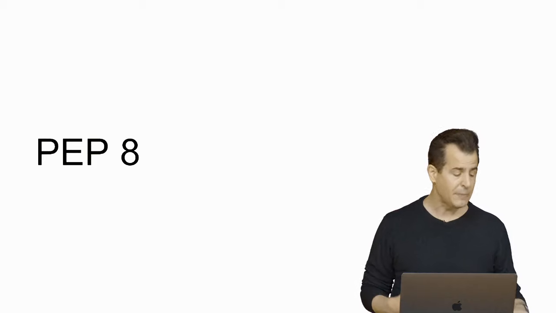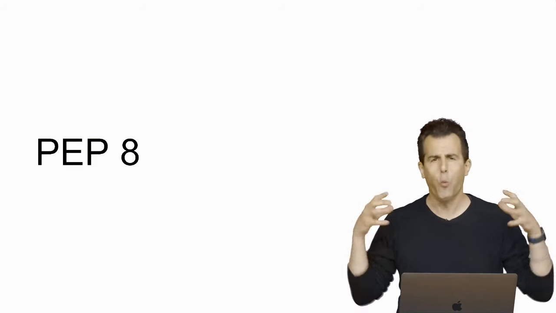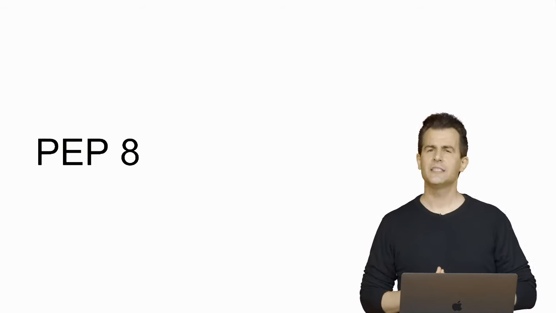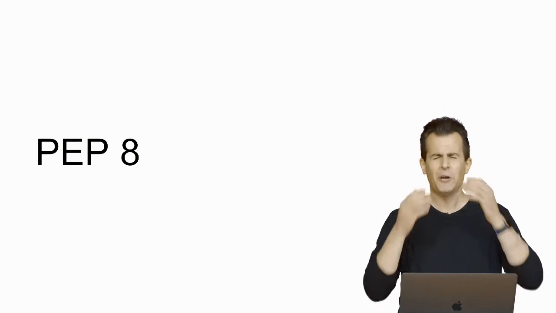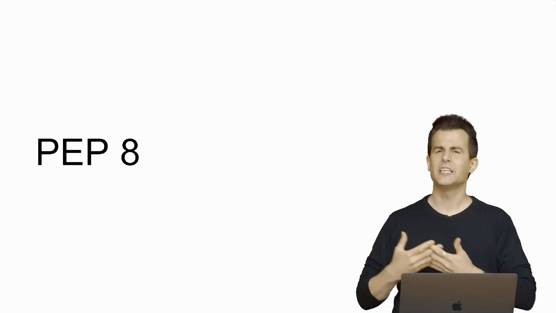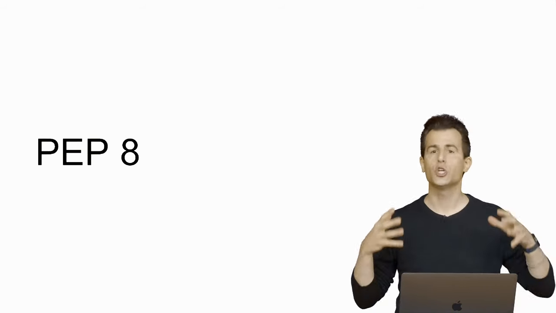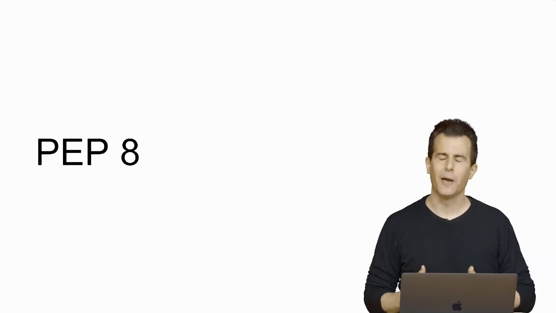And PEP 8 happens to be such a proposal that tried to standardize what our code should look like. That is to say, it's quite possible to write code that's not only correct, it might even be well designed, but it's just really a mess. And it just doesn't look very good. It's not very pretty. It's therefore harder to read. It's harder for others to read. And therefore, it's just not as maintainable. And anytime you make something harder to read or less maintainable, you're increasing the probability, down the line, of introducing bugs.